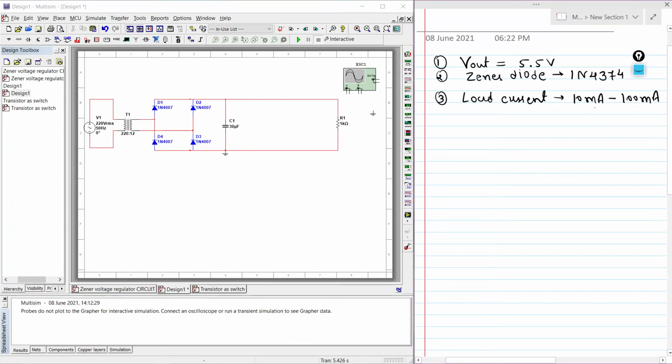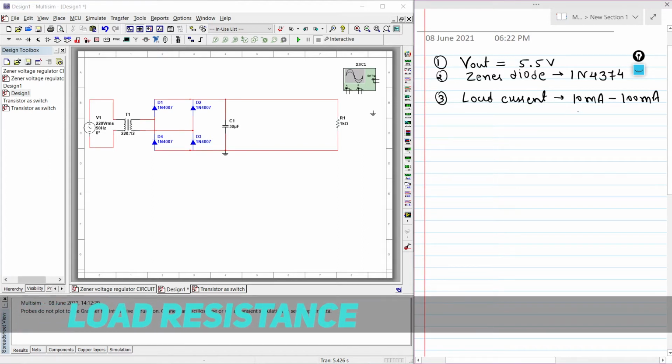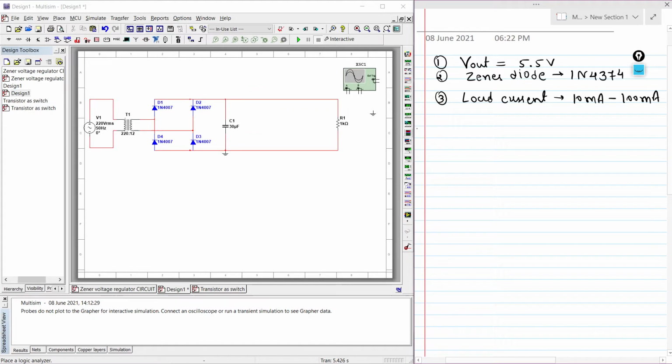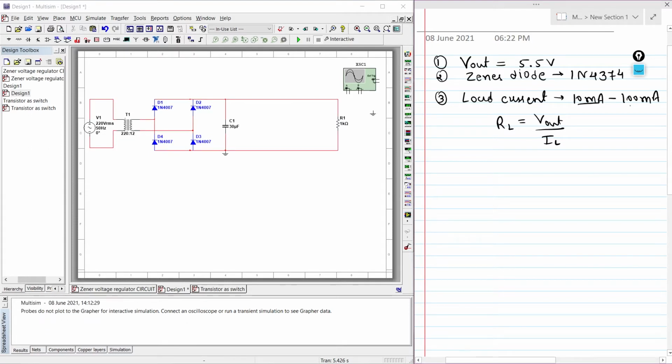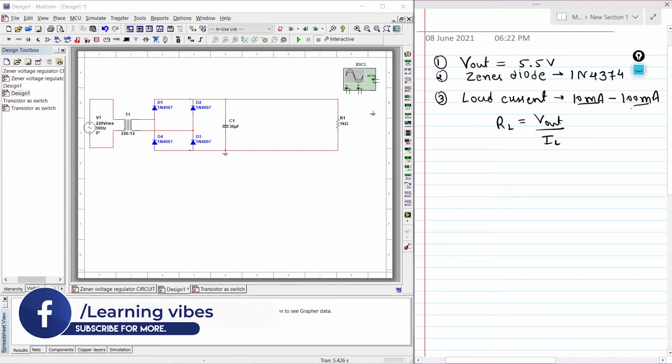From this load current range, we need to define the load resistance. It is very simple to decide. The equation for that is RL is equal to Vout divided by IL. Now we have a range of load current from minimum to maximum.